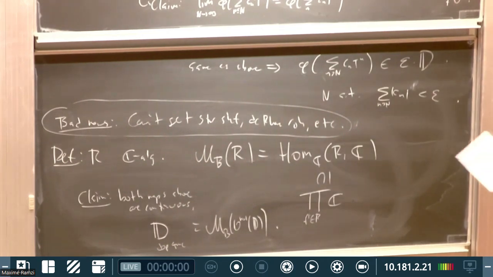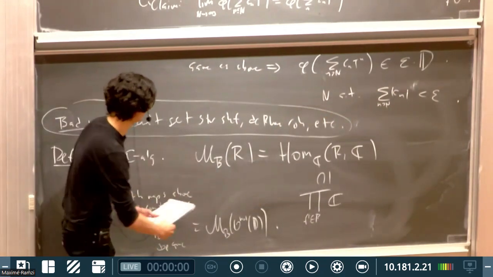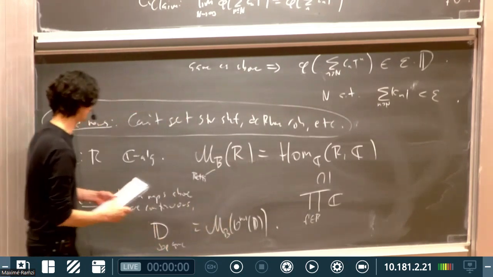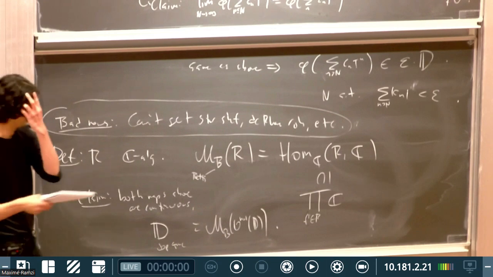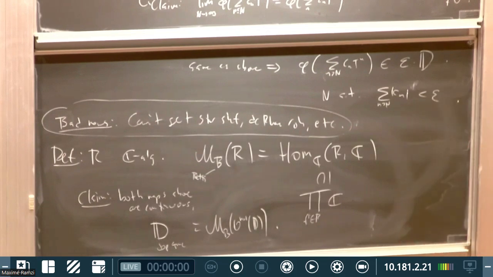So let me make a remark. What's the reason for the notation? The B stands for Betti. It's standard, at least in algebraic geometry, to call the topological space of complex points the Betti space, and the usual topological cohomology on that, Betti cohomology. But it also stands for Berkovich,